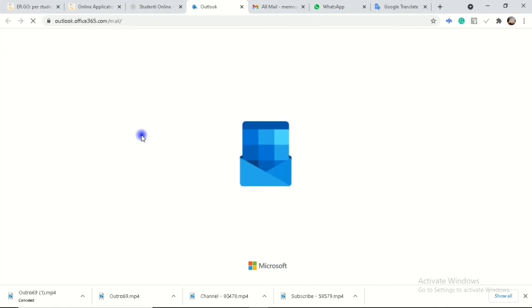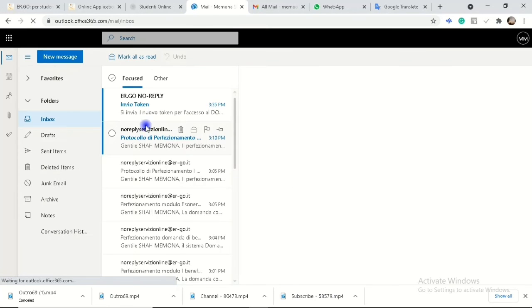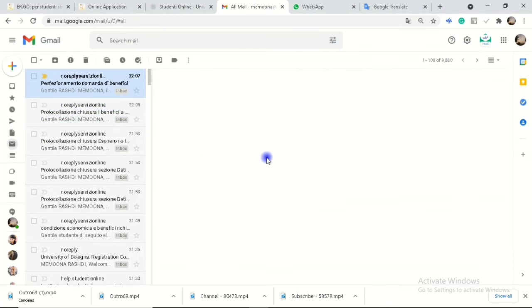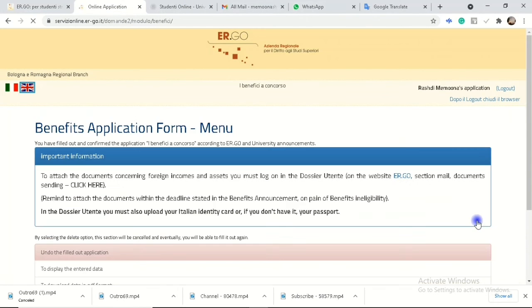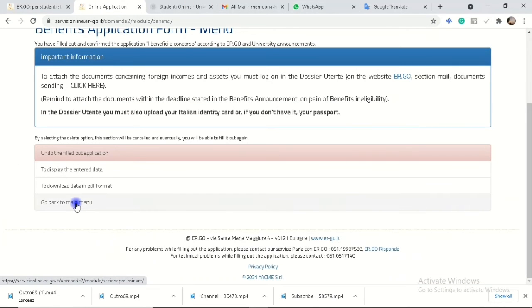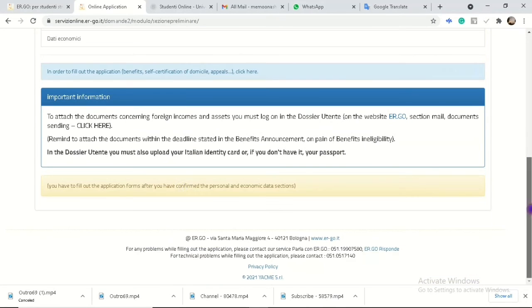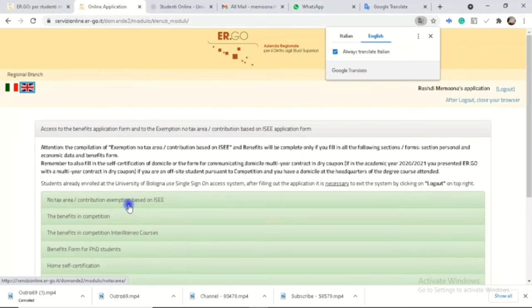email. This will take you to an Outlook page where you can sign in and see here you can use this particular email address. But since I have already received my codes on my Gmail, so I'm going to copy paste and paste here. So here my form is finalized. Now I will go back to main menu and click on this. In the same way, you will select your ISA form and then finalize it as well by inputting the PIN code. That's it, your scholarship application has completed, except for just one last step, that is document uploading.